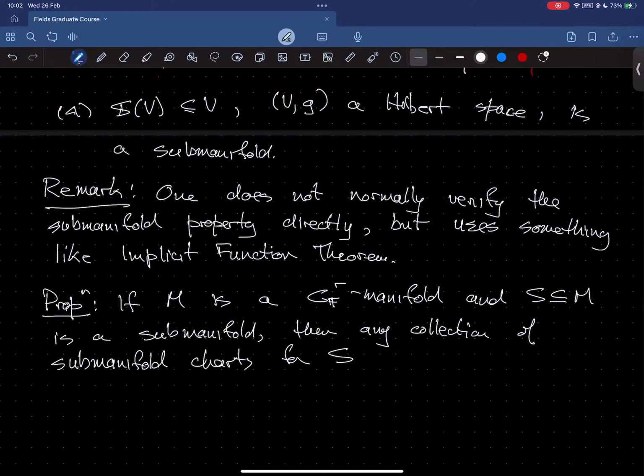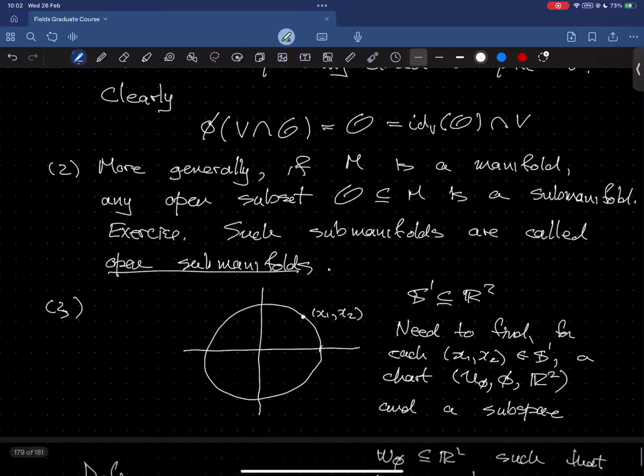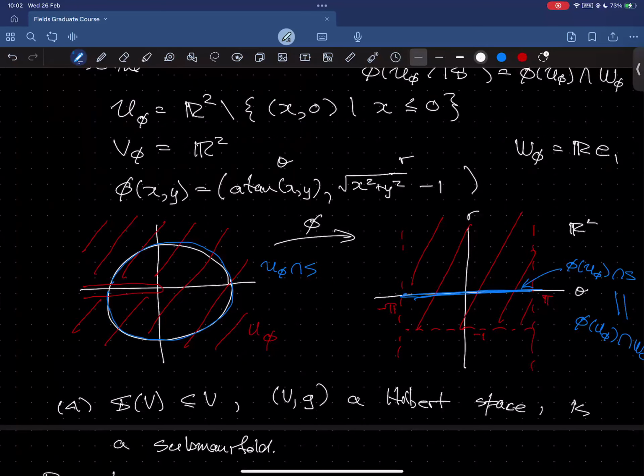So for example, in this picture here, we had a submanifold chart, but it didn't cover